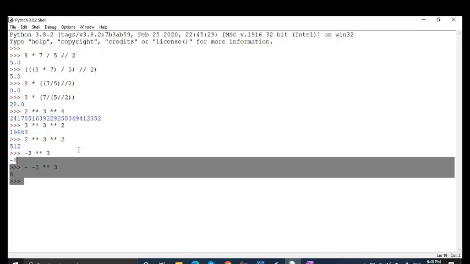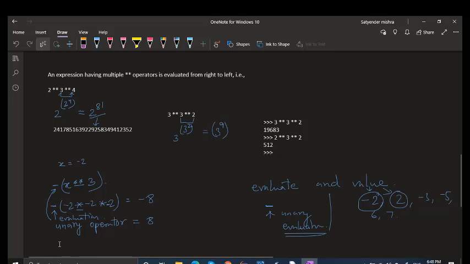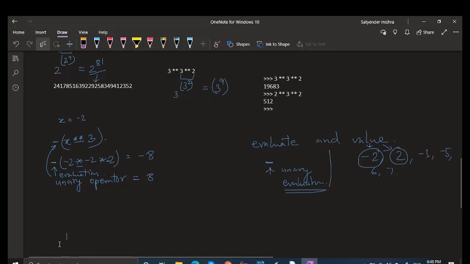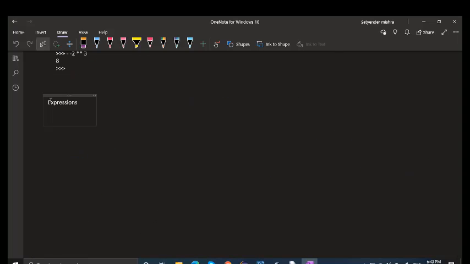And the confusion is gone, because this is the biggest confusion in the head of students and even of working people. So I hope the idea is clear for you regarding this. So the next thing is called expression. The next concept is called expression in Python. An expression in Python is any valid combination of operators, literals, and variables, right?